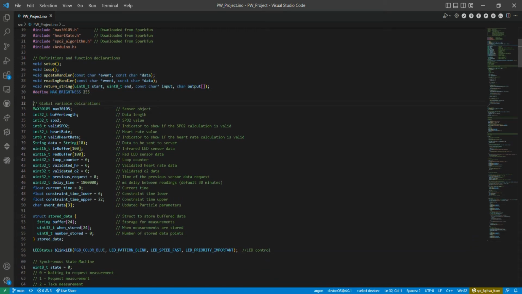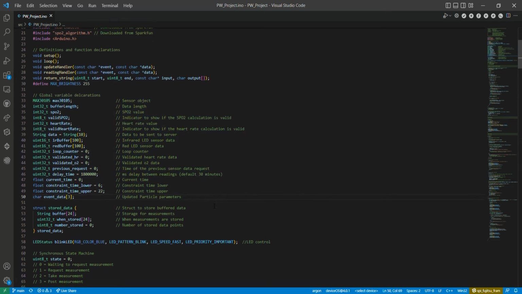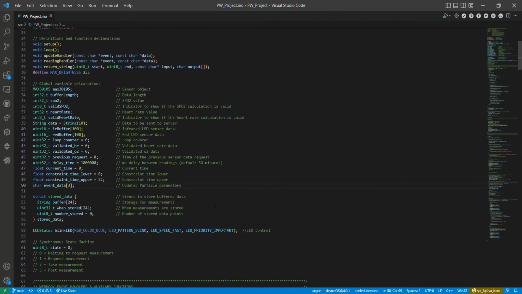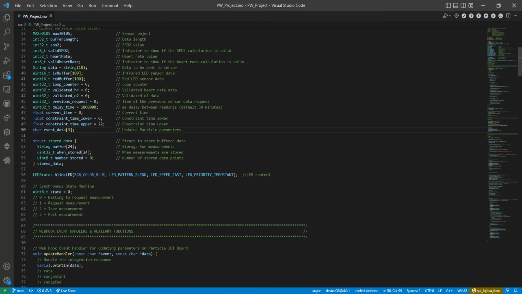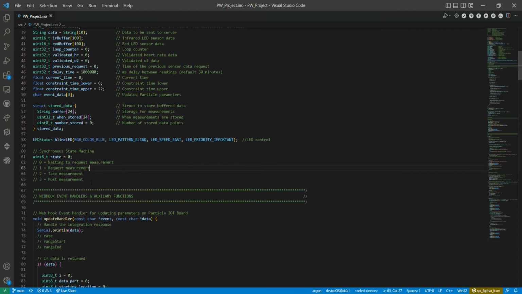We chose to mostly utilize global variables because that lets the compiler know how much memory to allocate ahead of time, so we can avoid pesky memory errors later. Down here, this is pretty important. This is a struct that allows us to store data to be transmitted at a later time if we don't have internet. Here's an object that allows us to do some LED control. And this is probably the most important part, the synchronous state machine. It has 4 states: waiting state, which is like an idle state, request measurement state, take measurement state, and post